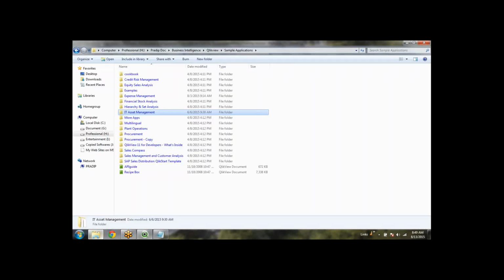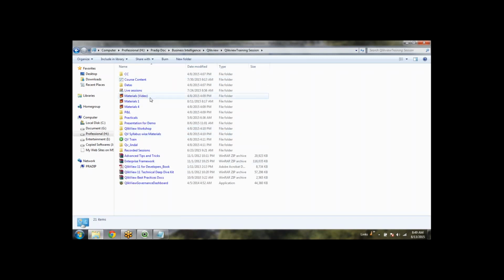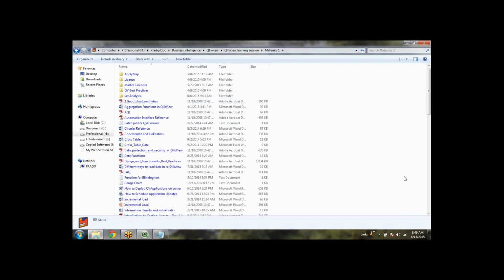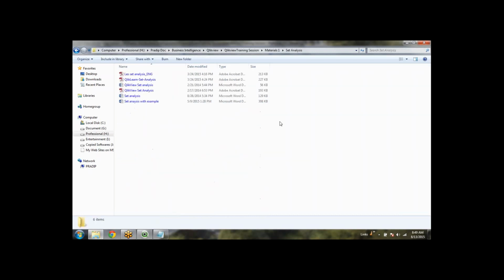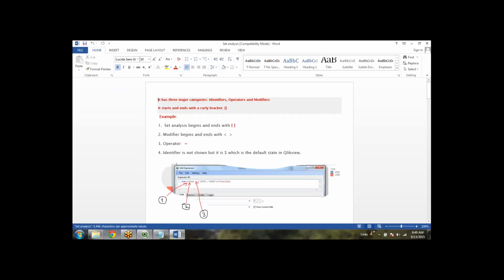And more complex expressions. Okay, now I'm just going to show you the set analysis. What is set analysis? This is a programming language of QlikView, which is exactly like this if else conditions, but you can even narrate the conditions more. Okay,